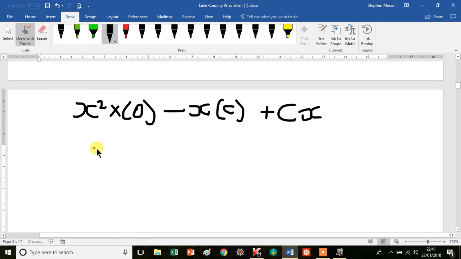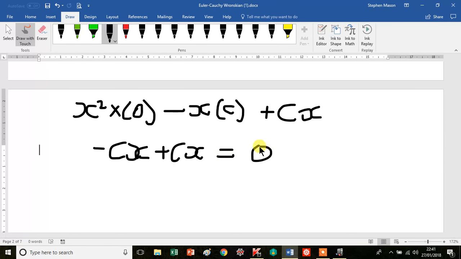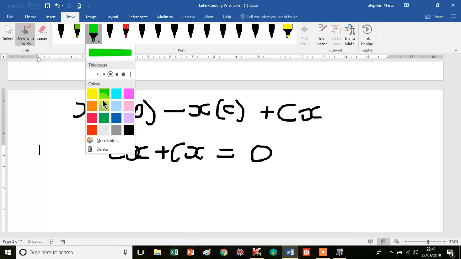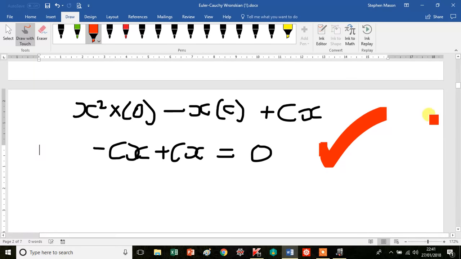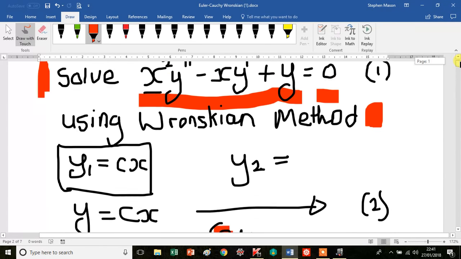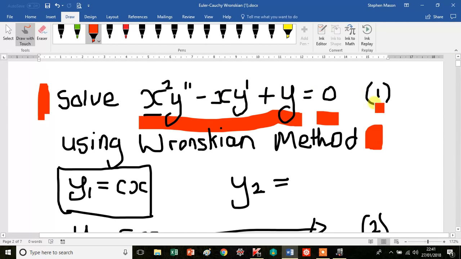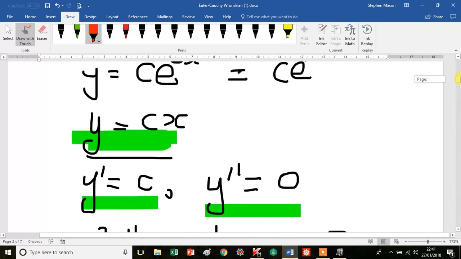So we've got minus cx plus cx, and that is simply equal to 0. So yes, we seem to have shown that the left-hand side of equation 1 or equation 4 is equal to 0. So therefore,